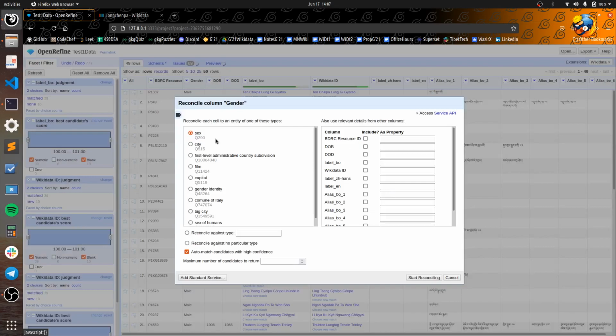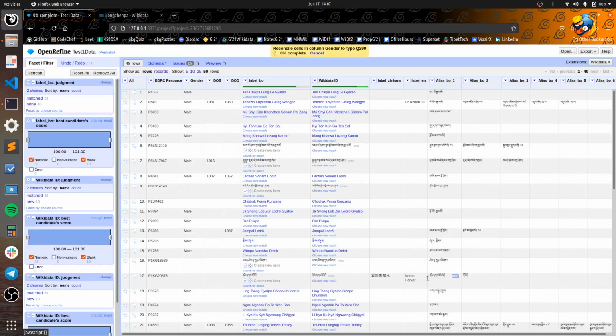So once we are here, it has already given us some suggestions, and we'll select the sex and gender and auto match. We'll wait for some time for it to reconcile.